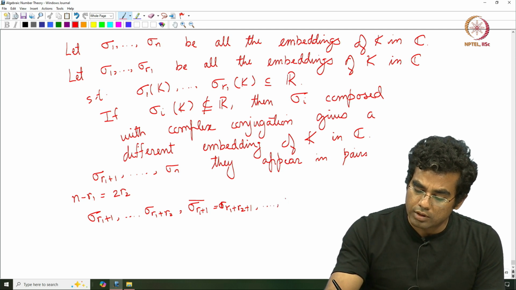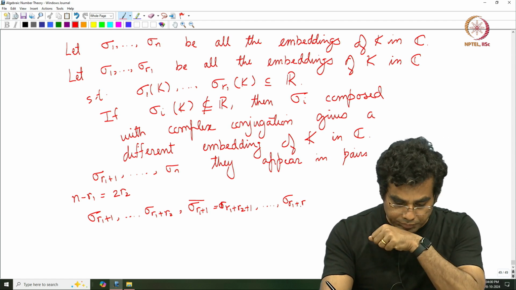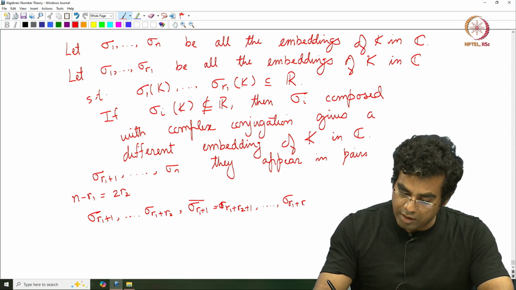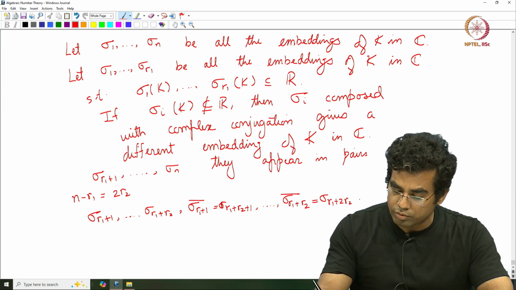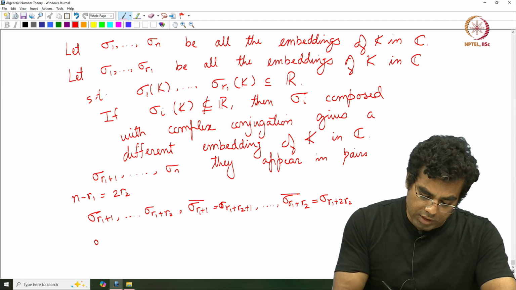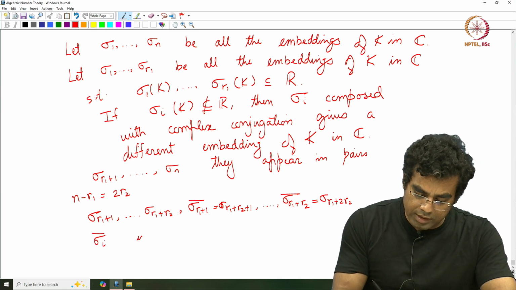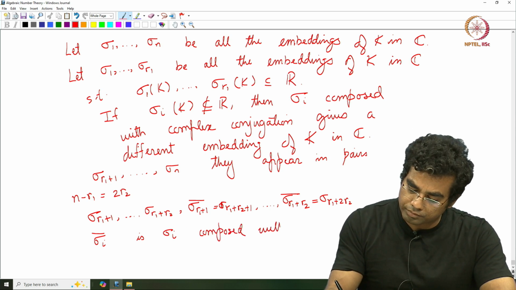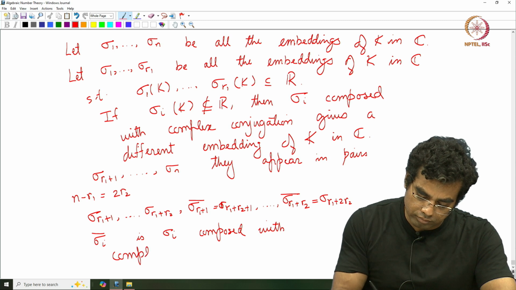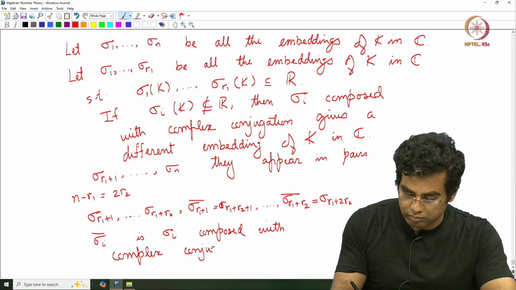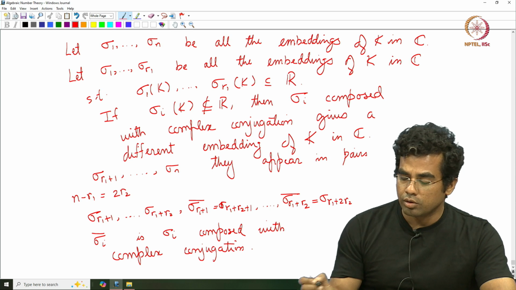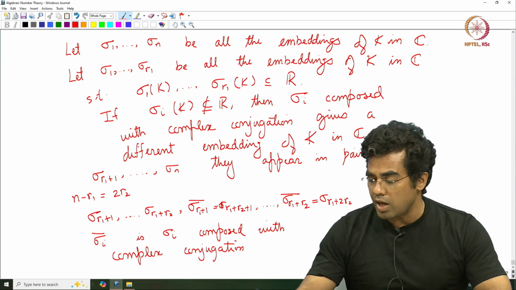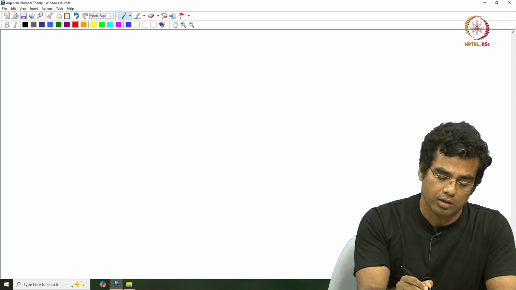up to sigma R1 plus R2 bar, which is sigma R1 plus 2 times R2, which is sigma n, right. So, sigma I bar is sigma I composed with complex conjugation. Okay. So, the non-real embeddings of K into C, they appear in pairs. Okay. So, we say